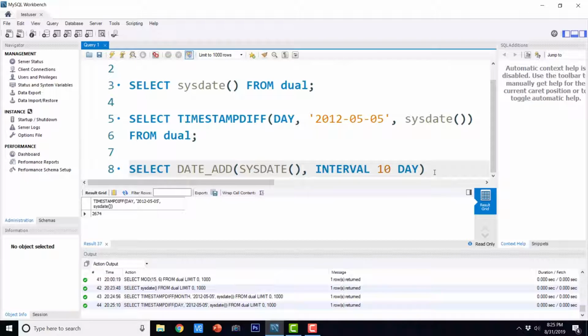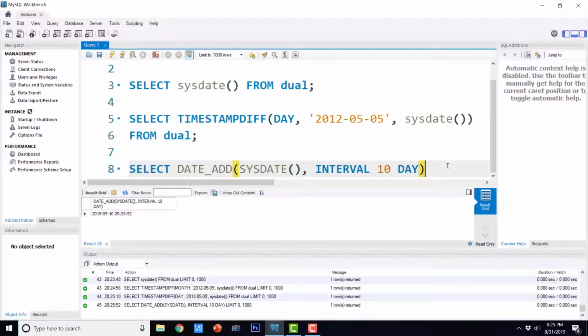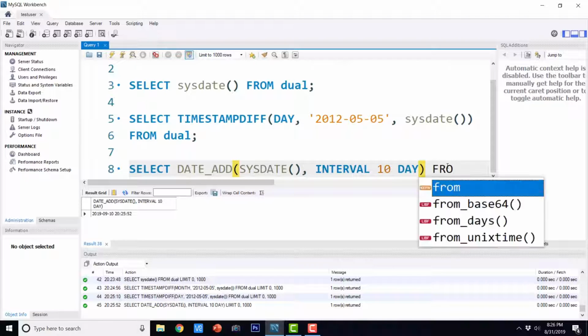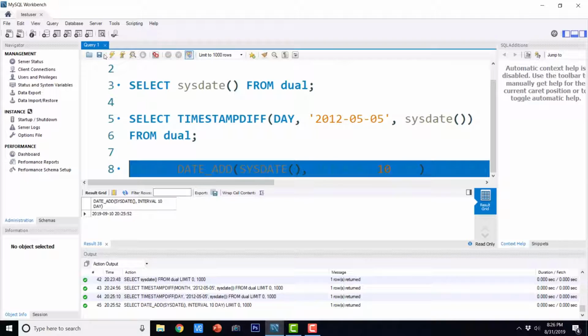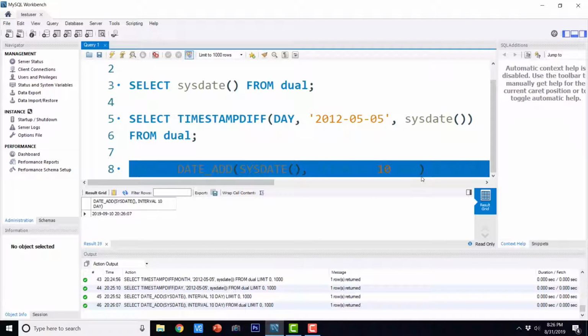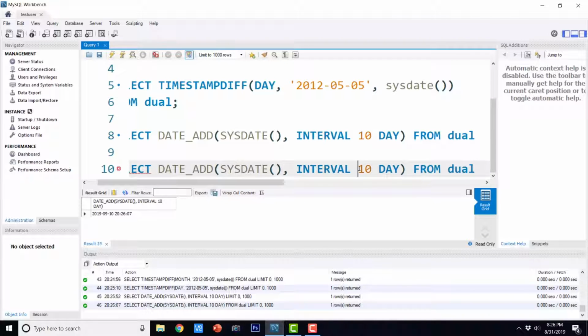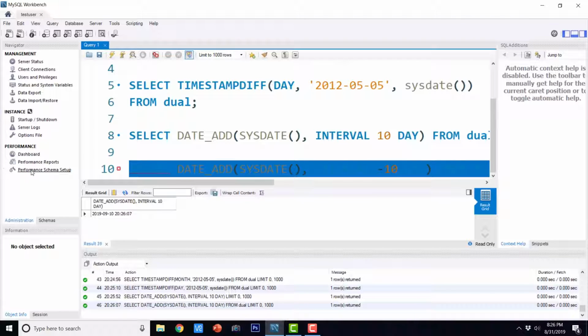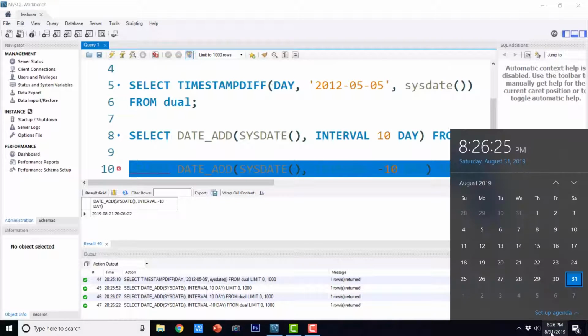I'm just going to execute it and this is the output. We really do not have to use dual for this. Let's try to use dual and see what happens. Okay, the query runs without any error even if we use dual. And here I'm going to say minus 10 days. So it is going to subtract 10 days from today's date. For your reference, today's date is 31st of August 2019.